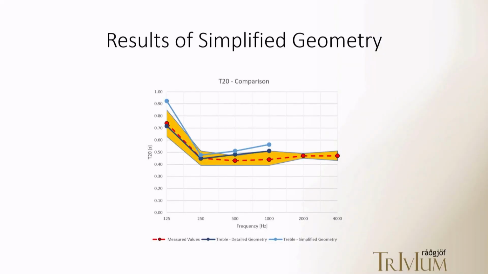And you can see here that for the simplified geometry, all the coefficients are the same. The geometry has just been simplified. We get much higher reverberation time in the low frequency range compared to that of both the measured and the simulated case with more complete boundary modeling. And if we go back into Treble and look at this case there,